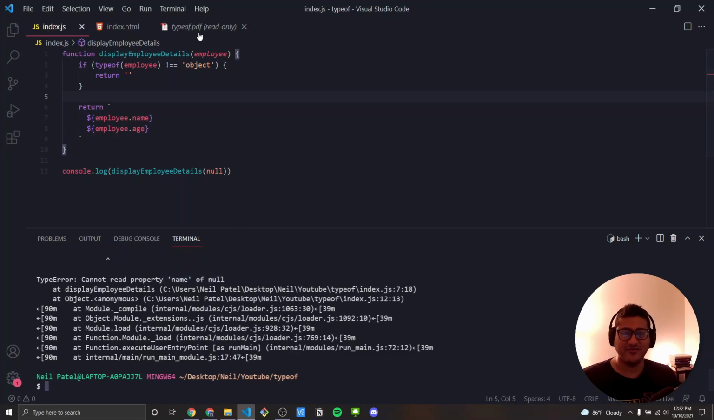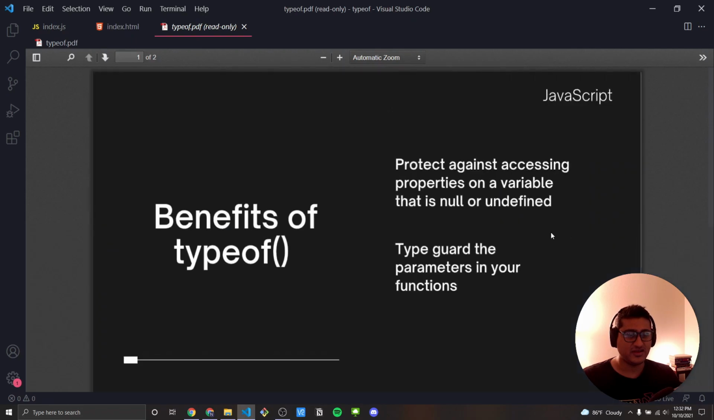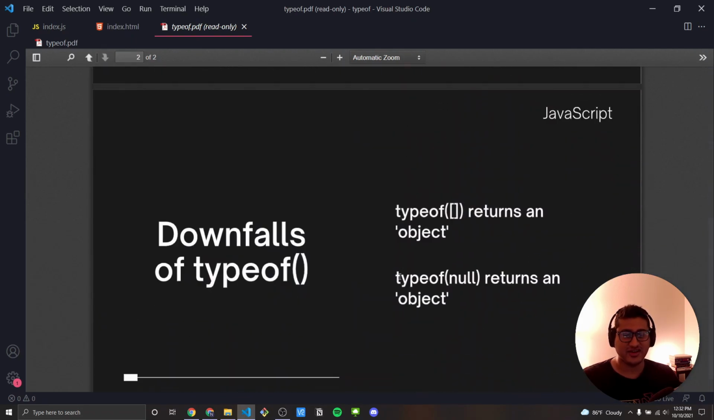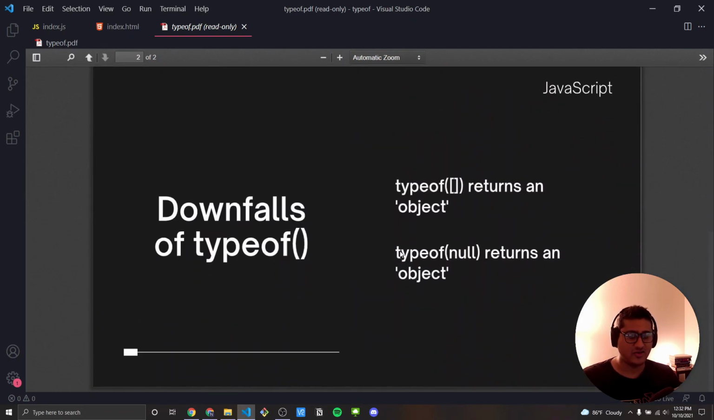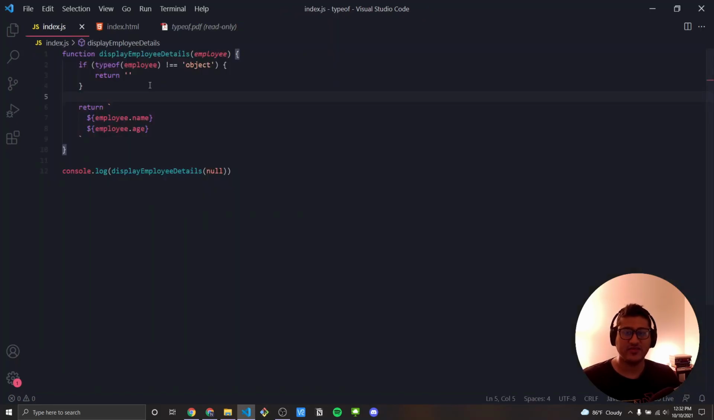Unfortunately, one of the downfalls of typeof is that typeof null returns object. It's a long-time bug in JavaScript. I'm sure many of you may be aware. If not, this is something new that you might have learned. And so we need to work around this always. Anytime you're checking typeof for anything with an object, you need to preface it by this: